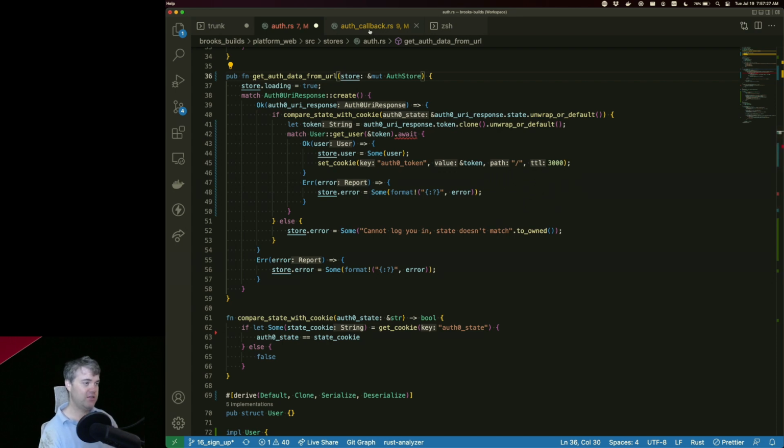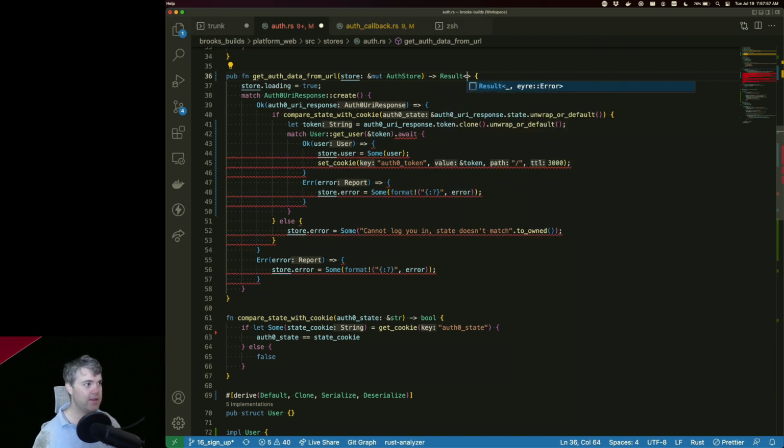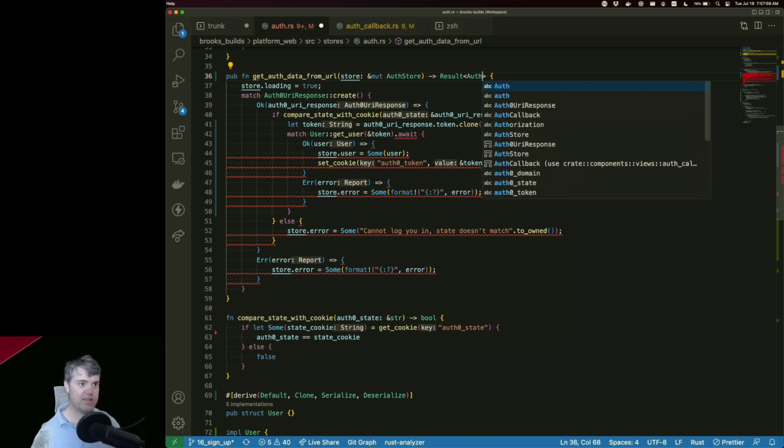So I create this, I get the auth URI response, because we're going to get a result from here. But that's going to give me this auth URI response, and then we can compare a state here. So we're going to do a result with an auth URI response.